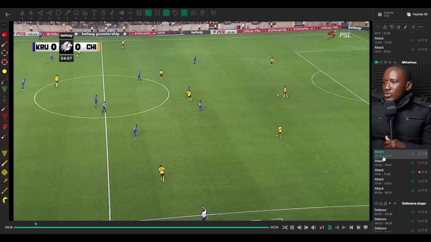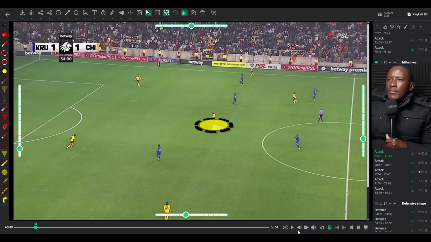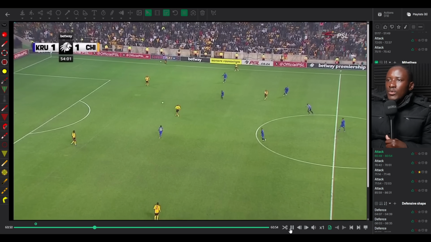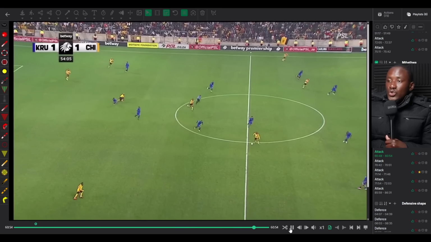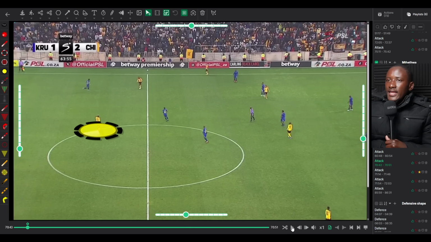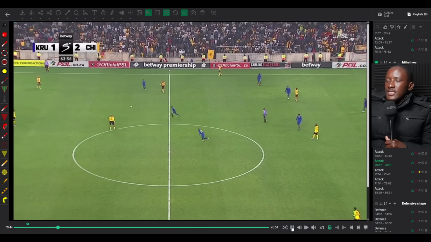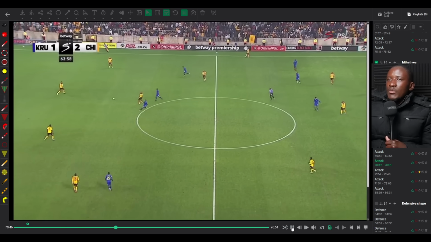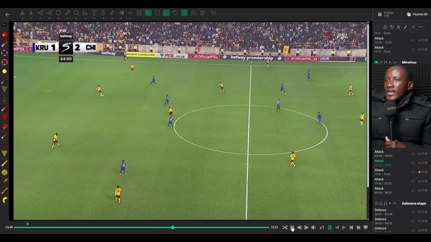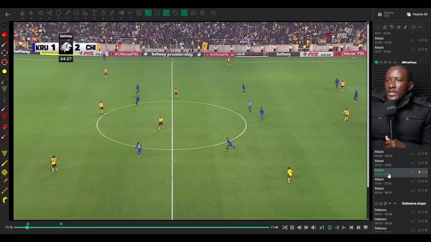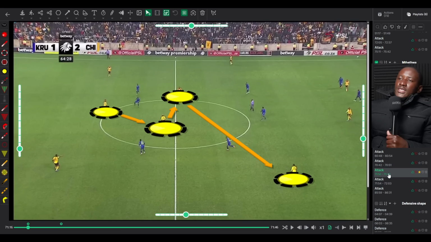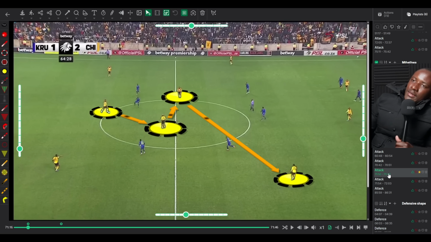Okay, let me jump to this part. Because even here, Mthethwa, when he goes to the ball, he just gets it, and then here he loses it, but fortuitously gets it forward. And then again here, he's there just to get the ball and just keep it moving. There was another clip that I think I've lost. I think this is the best clip that I wanted to show you about the importance of back passes sometimes.